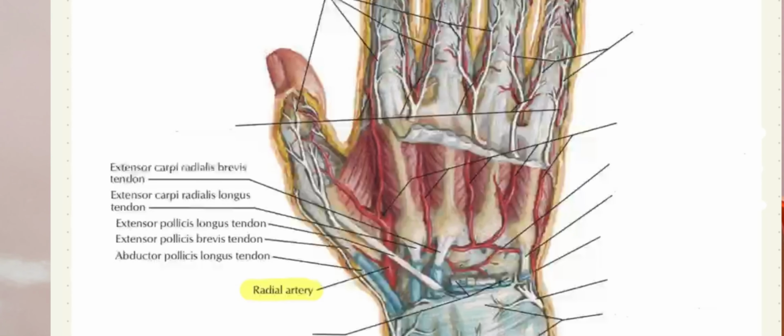Now whatever the course we have discussed about the radial artery, let us see that in the diagram. See, in this diagram we can see that the radial artery is passing in the anatomical snuff box, and it is going between the two heads of the dorsal interossei. So this describes the path of the radial artery in the dorsal aspect. That's all. And then it comes to the palmar surface, and that diagram is not so much required, though, but we can just consider how it is reaching the palm. So this is about the courses of these arteries.